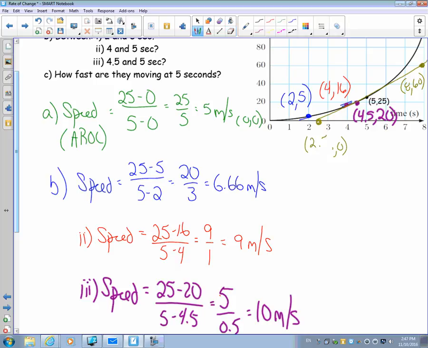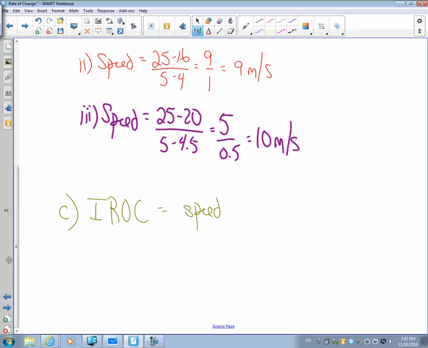Now, you notice if you have looked at the lesson that went along with this, the numbers that I just wrote down and the numbers on the sheet are slightly different. When I drew my line the first time, I angled it slightly different than I did this time. That's kind of the problem when we talk about graphs, right? So let's find our IROC, the steepness of that last line at 5. What do we get? We get 60 minus 0 over 8 minus 2.5. That gives us 60 over 5.5, which is